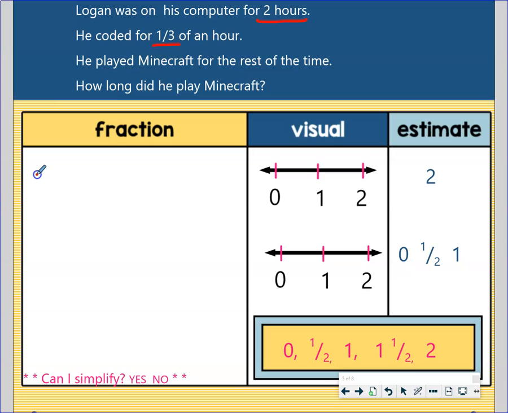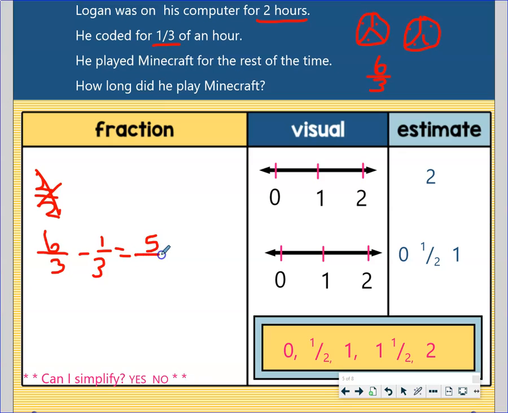Our whole number can't just be 2 over 2, right? Because if we did that, then we wouldn't have a common denominator. So what I need to do is think about how, if I have 2 full hours and it's split into thirds, how many 1/3 pieces is that? So if I have 1, 2, 3, 4, 5, 6, 2 hours is the same as 6 thirds. So I'm going to take 6 thirds minus the 1/3, because 6 thirds represents the 2 full hours that he played, minus the 1/3,